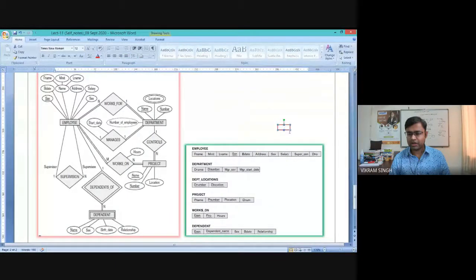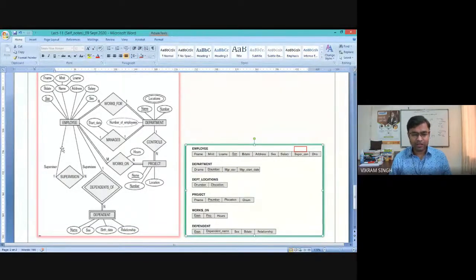So you need to see in the employee table, we will have this super assistant as a foreign key, because we have got this self-referencing relationship between employee and employee, right? It's a 1:n relationship. So this is one instance which we have referred to as a self-referencing relationship.